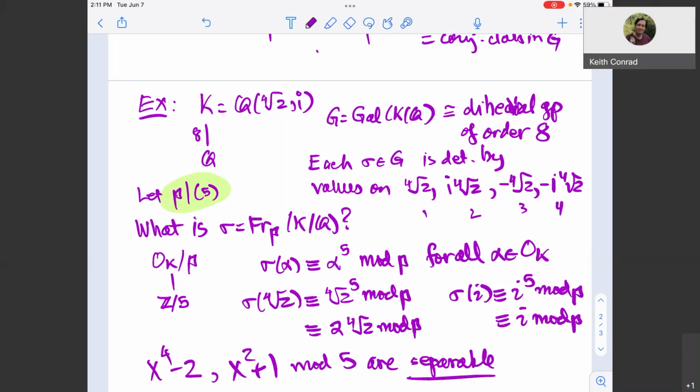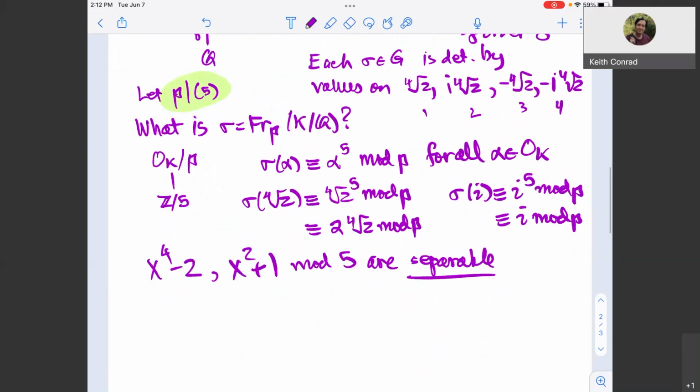So we know that they're going to factor because they already factor in O_K with the roots, the 4th roots of 2 and the plus or minus i. And so when you reduce the factorization, it's going to split into linear parts, but we know it's separable. So the different 4th roots of 2 in O_K mod p have to stay different because they're going to show up as roots of the separable polynomial. Plus or minus i are different. So since i and minus i are not the same,